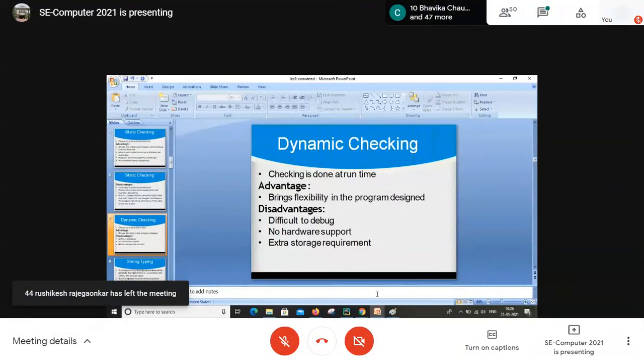So this is an important aspect, dynamic checking. Dynamic checking is very important as far as theory, practical and your instant MCQ exam is concerned. In dynamic checking, we have to check the data content dynamically. Dynamically means we cannot check the content one by one. If I say the array of size, let's say A of 10, we cannot see the content dynamically, it means at the time of execution. So if you want to see the content, I have to debug the code, I have to watch the code, whether that variable has a certain value inside or not. That is one of the ways that we can check the content of the particular data set.